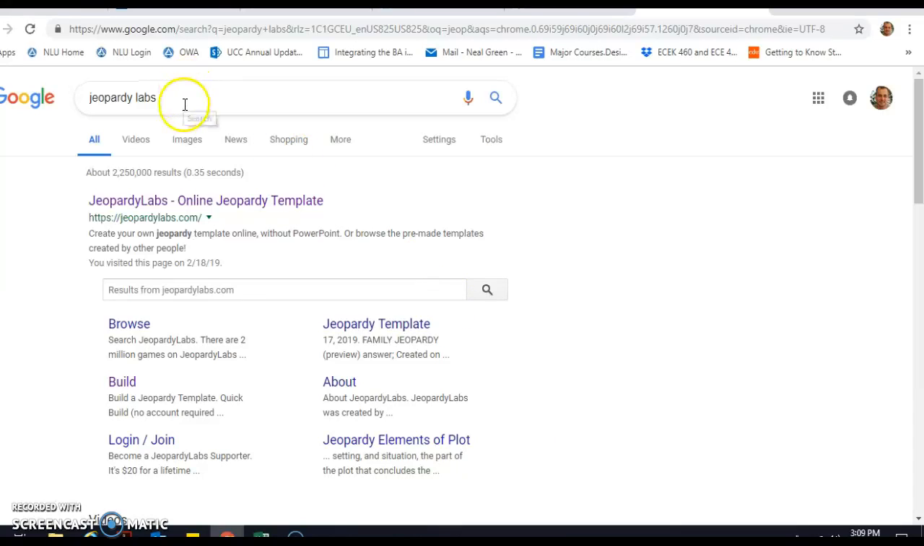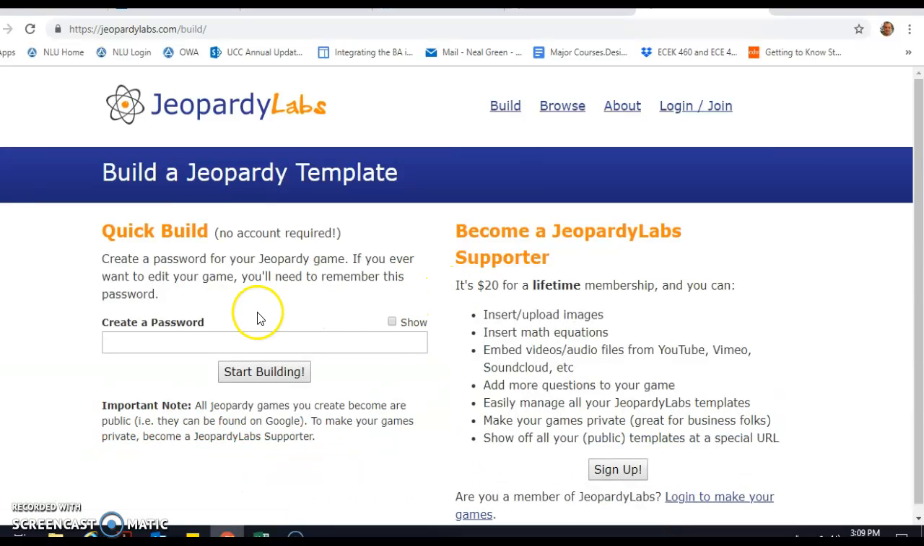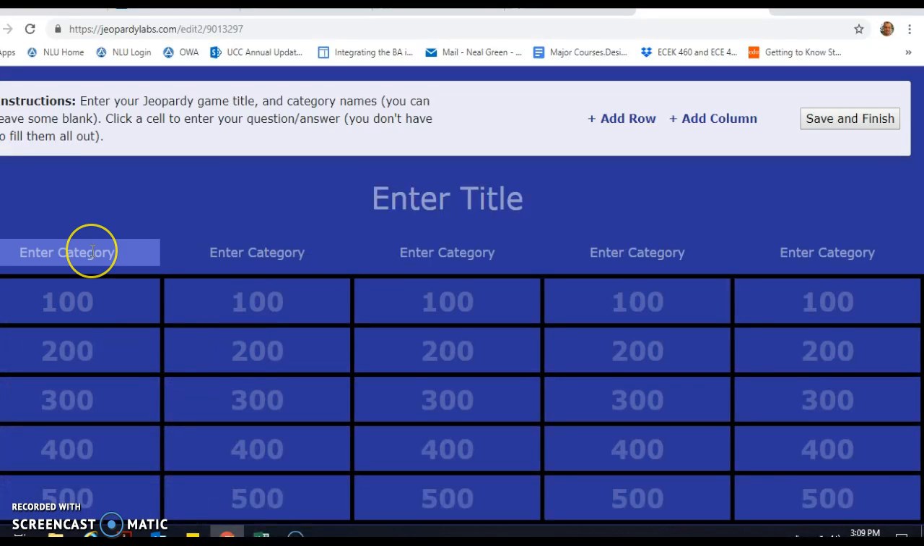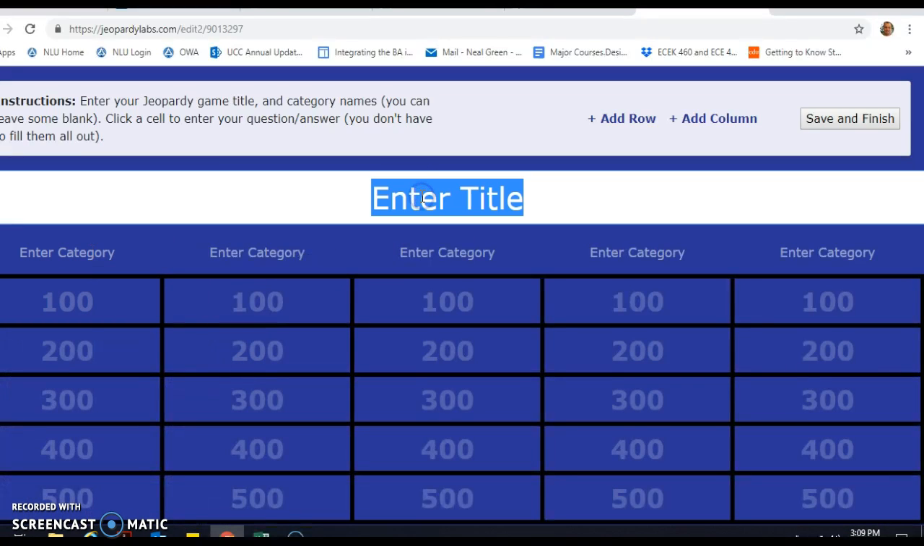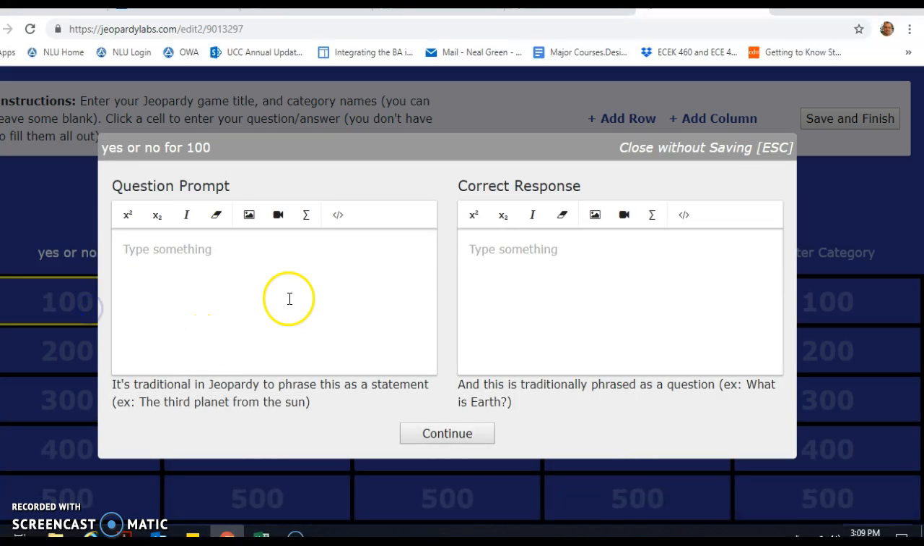If you just Google Jeopardy Labs, it should pop up, and then you can create a Jeopardy Lab. I suggest not creating a password. That could cause confusion with students. You just click Start Building, and this is how easy it is. You can enter your title, and I'm just going to put test, and then enter a category, yes or no. And then I'll have my 100-point question. Type it in,